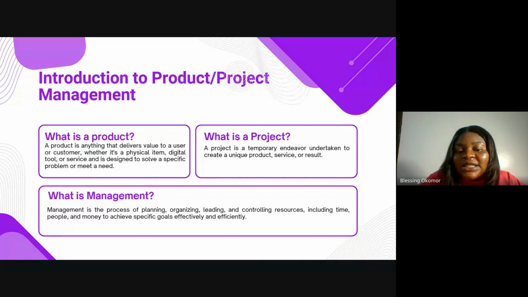Now, you all know what management is: the process of planning, organizing, leading, and controlling resources, even time, people, and money, to achieve a specific goal. Now, if you want to combine both, what is product management?